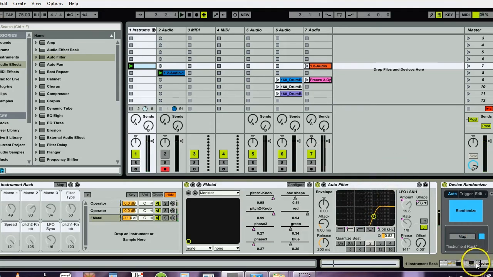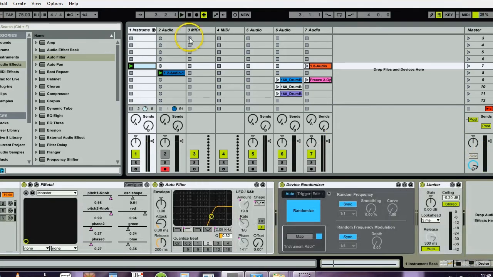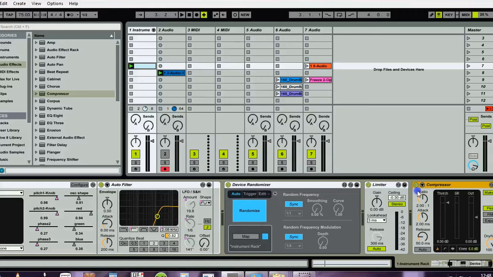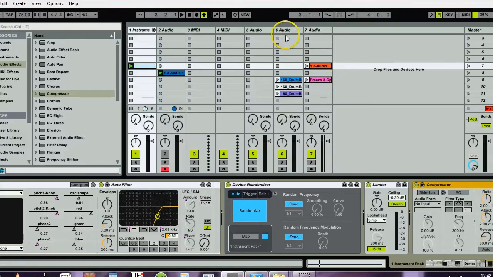You know what? To make it even better, how about if I take a compressor and I put this sucker on the end of the entire track, right? And how about if I sidechain that to one of my drum tracks over here? I will sidechain it to number 7. Now here I have